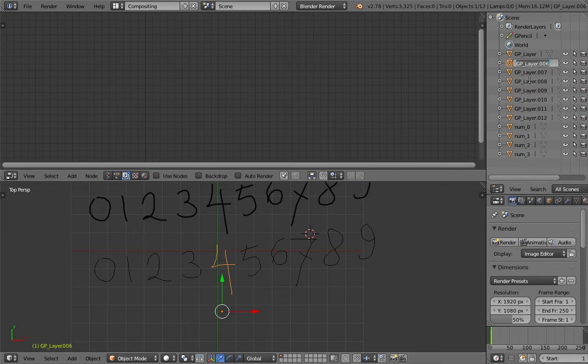It's only 10, it just takes a bit of time. 5, join it. See, I simply join it manually and then name it number 5. This one number 6. Oops, it's supposed to be 6. Number 7 made up of 2 strokes. So this is number 7. We have number 8